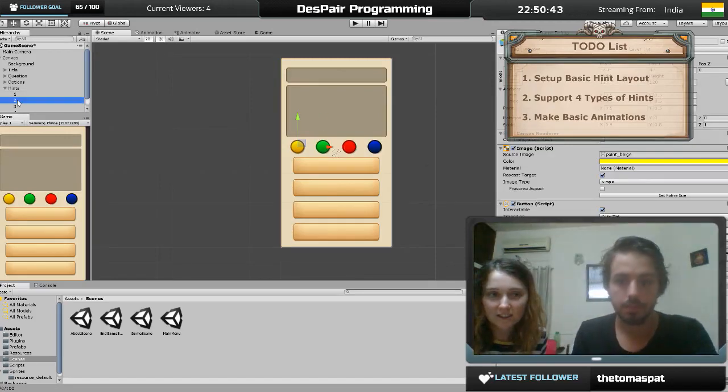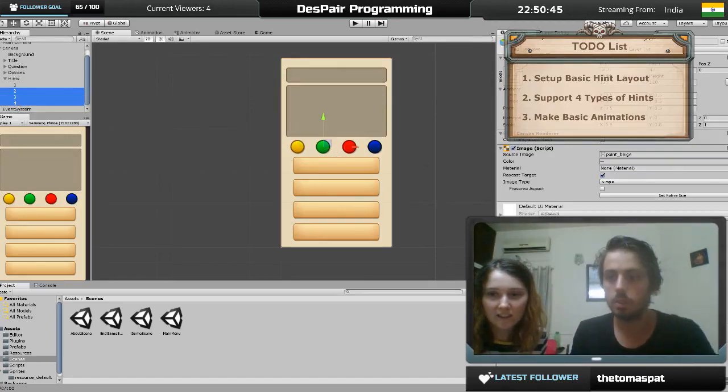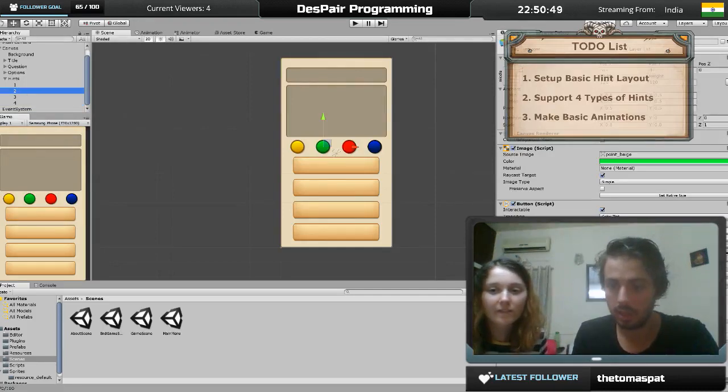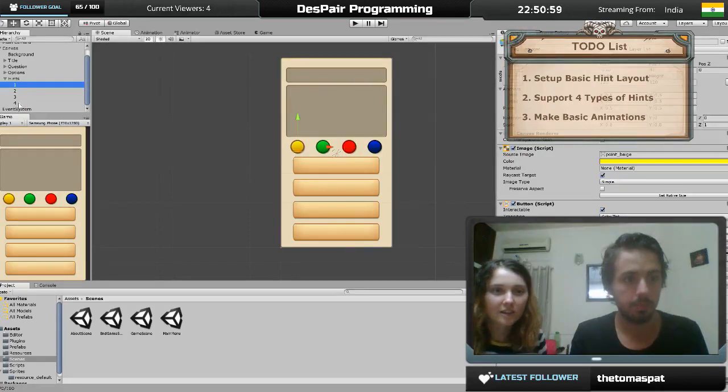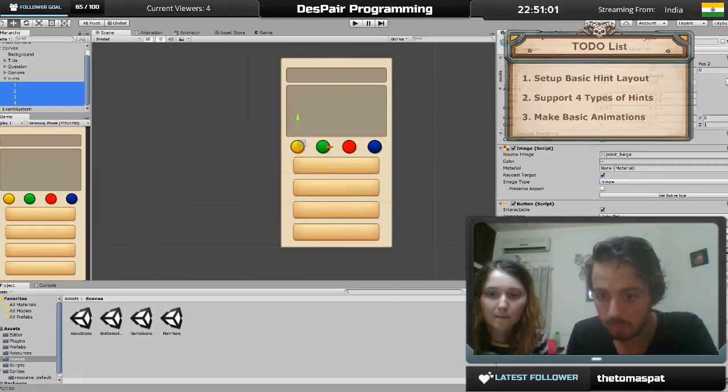Now we got buttons, and we apply them to all of them, and now we got 4 buttons. And then we're just gonna be super lazy, and pressed gets a little bit darker. We'll do it all the same for all of them. Press button gets a little bit darker,